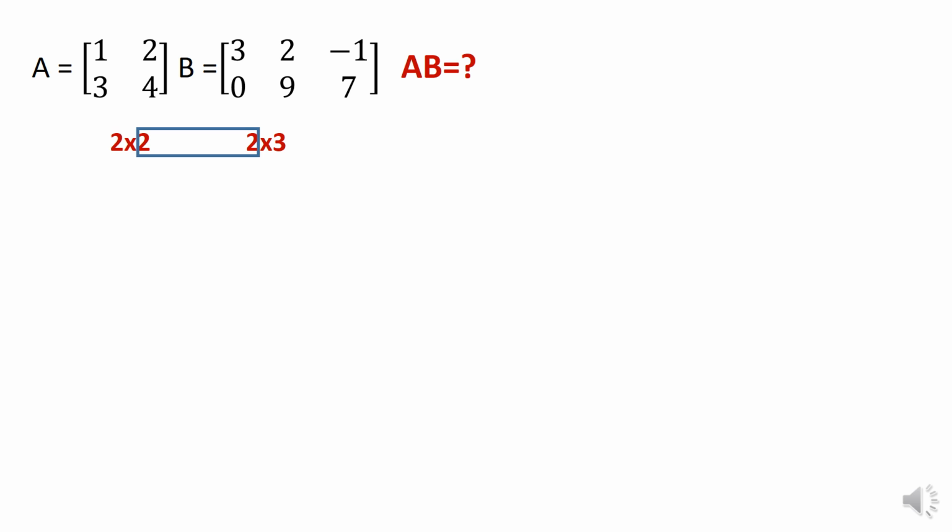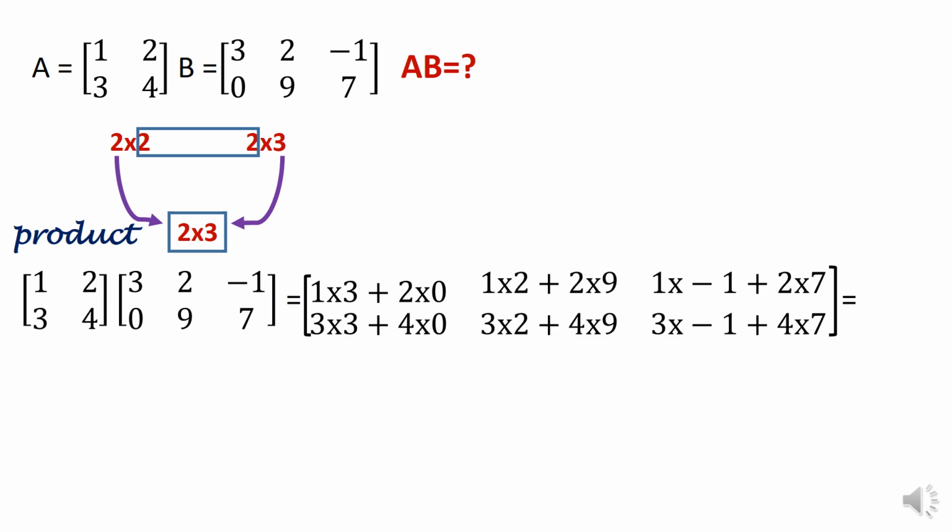We can also say what is the order of the product. The product is going to be a matrix containing 2 rows and 3 columns. As you can see over here, how to predict the product. Thus, the product has 2 by 3 order. That means we can multiply A and B. Now, suppose we multiply A and B. Let us see what we get as the answer here.